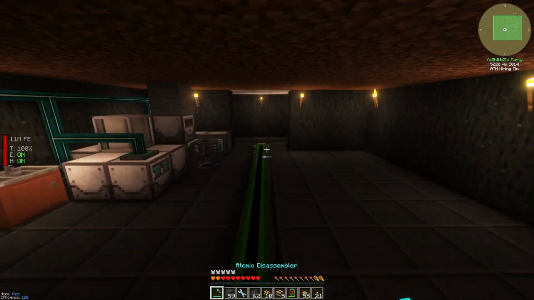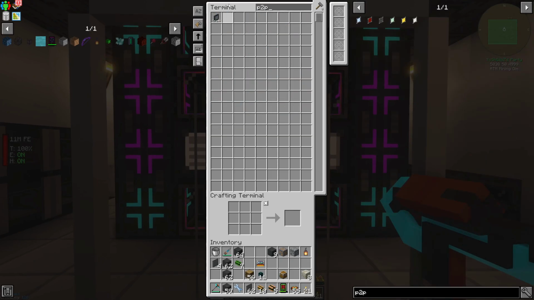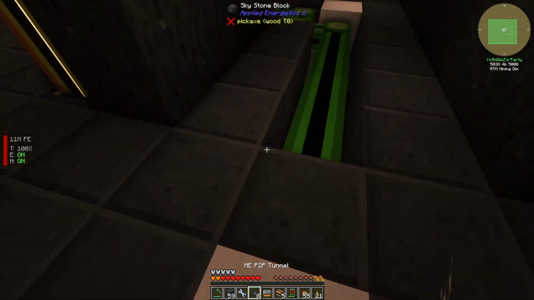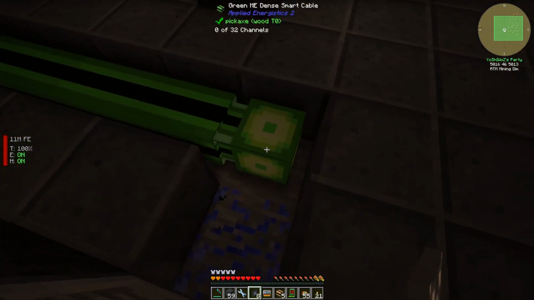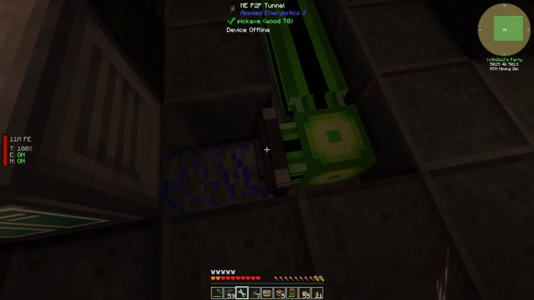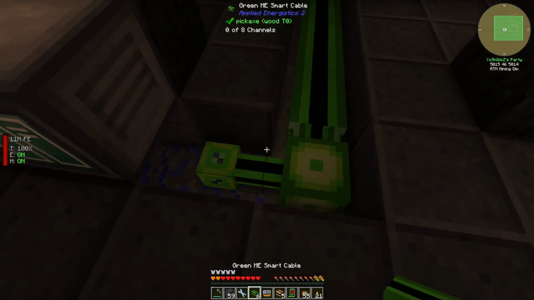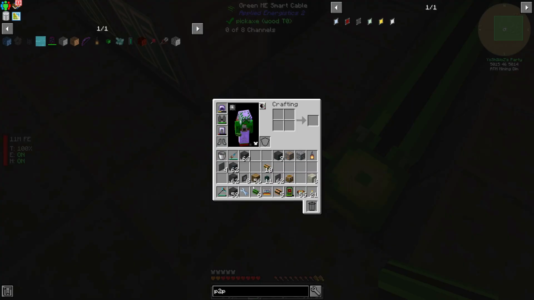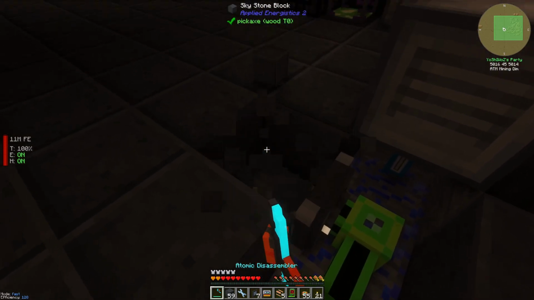And then we need another P2P. P2P, we are going to craft a couple of those like that. And where did my memory card go? It went there. So let's go ahead and add another P2P right here. No, that's wrong. We need the normal smart cables, and then we can add it on the side of that. So let's do that here, and then we can add